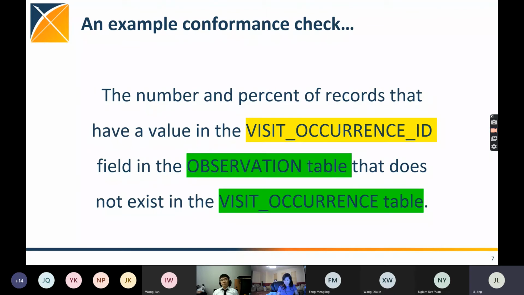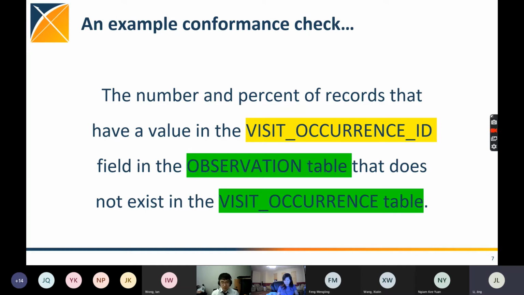Anyone familiar with the OMOP-CDM tables might know that visit occurrence is the place where you store all visit related information. So ideally we expect to see only IDs from visit occurrence table in other tables such as observation. So this rule helps us uncover such data inconsistencies.